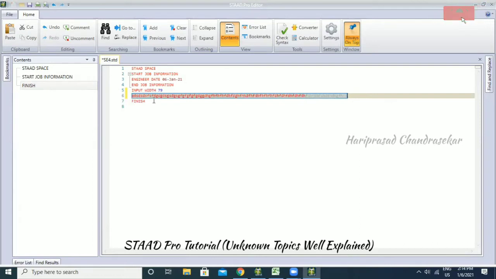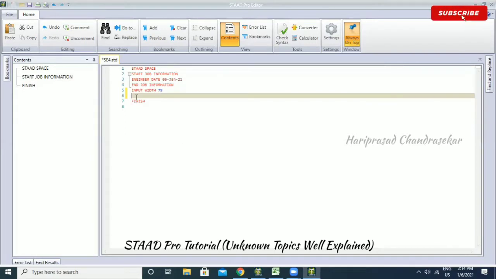I will tell you simply so you can use this method as well. But most of the time, you should use the graphical user interface. Maybe in a very rare case, you might be using the STAAD editor. The STAAD editor is very difficult for big structures, but you should know how to deal with it as well. That's why I'm going to tell you, and it is also a method of creation of structure.